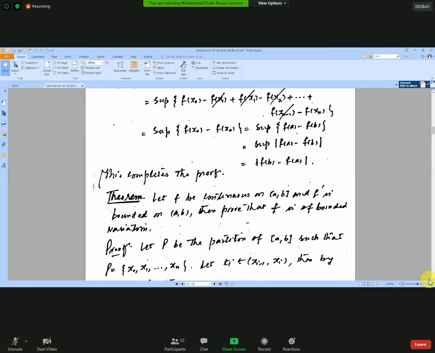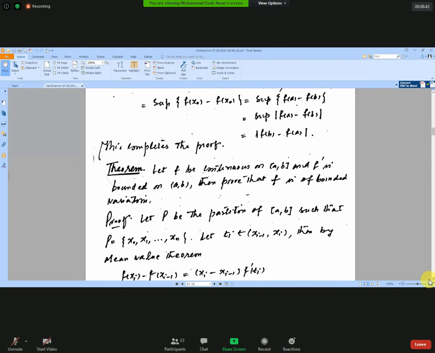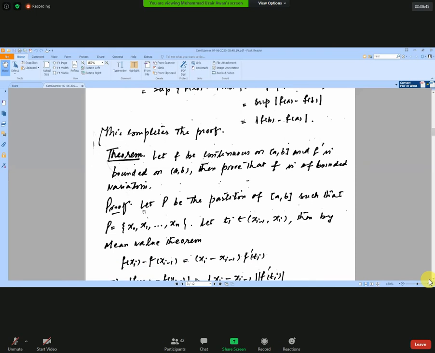Let p be the partition of ab such that p is equal to x naught x1 to xn, and let ti belongs to the open interval xi minus 1 to xi। Then since it is given that function is continuous and differentiable, so we can use mean value theorem। So by mean value theorem, f of xi minus f of xi minus 1 is equal to xi minus 1 f dash of ti। ये mean value theorem से हमने लिखी है।